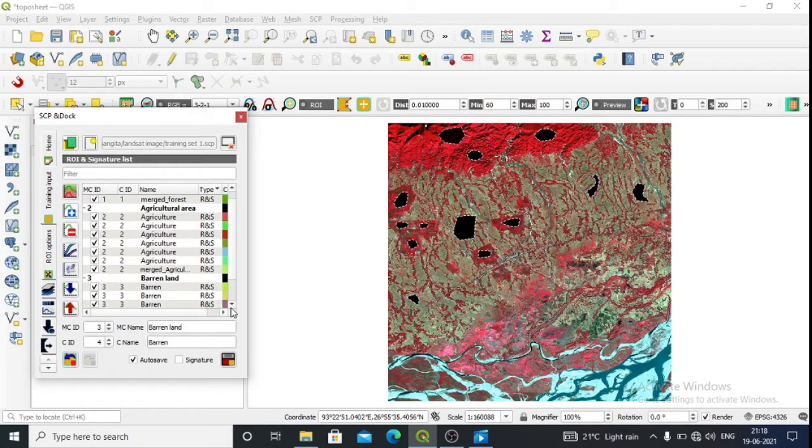It has been merged. Now we will delete the unwanted part. This is a merge agriculture, that means we'll be deleting this individual part.